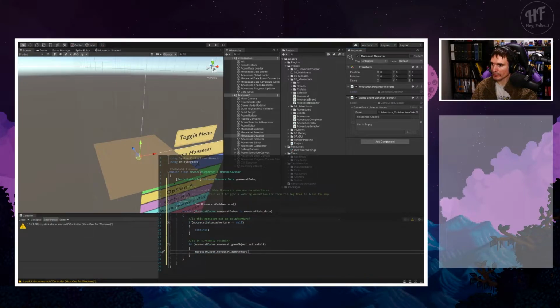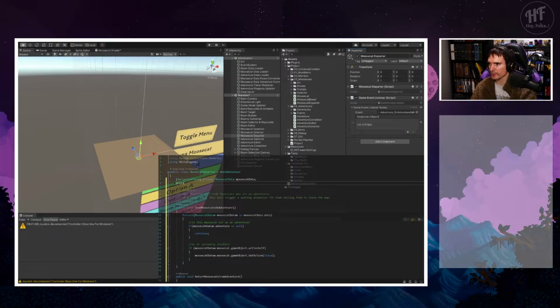Game object. Oh, maybe we should... No, we can have a separate one. I was thinking a Moosecat transporter class could send them on adventure and return them from the adventure, which maybe we will do. Public void return Moosecats from adventure. So in this case, we actually want to know the current selected adventure. Private adventure datum, selected adventure,